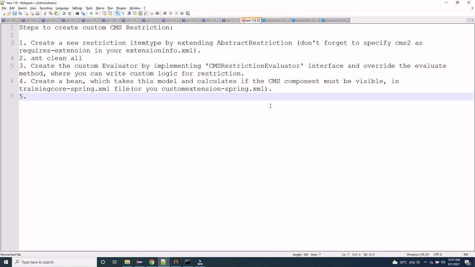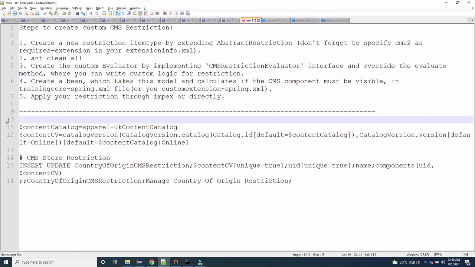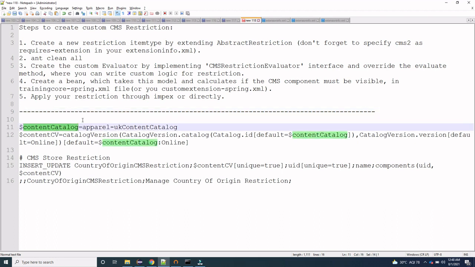After that we have to write an impex, so that we can create our restriction. For that we have created this impex, where we have defined the content catalog as April UK content catalog, and with the help of this content catalog we are fetching this content catalog version.